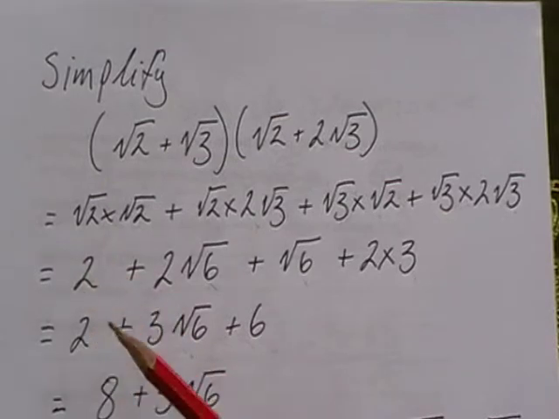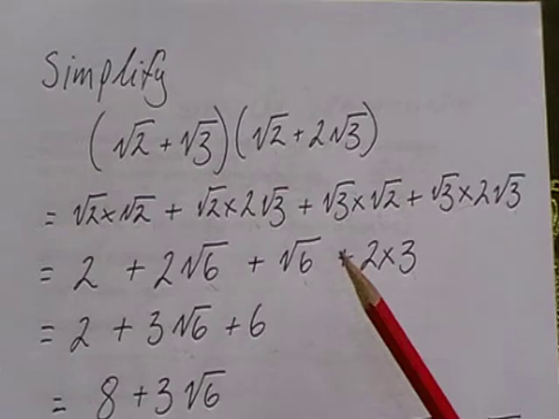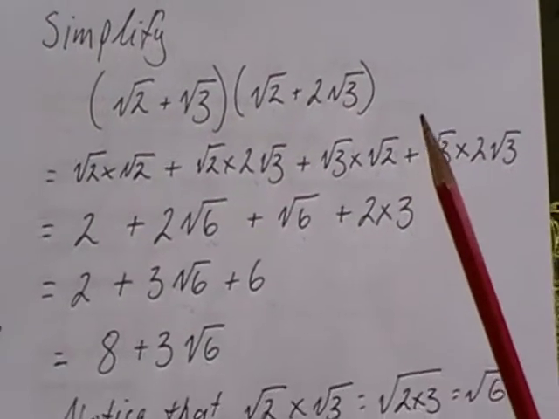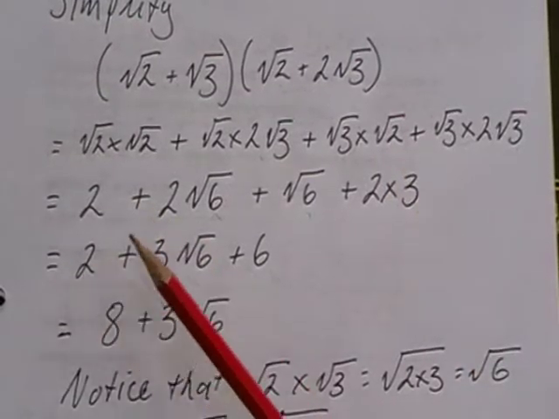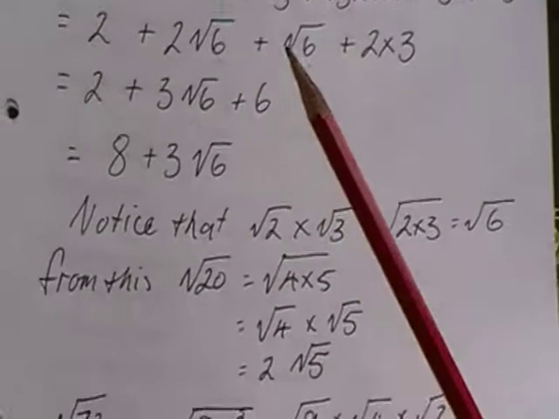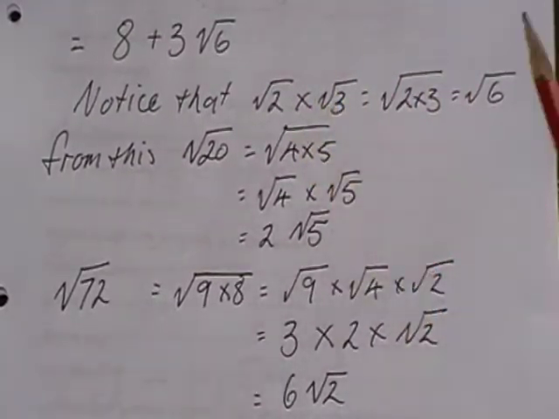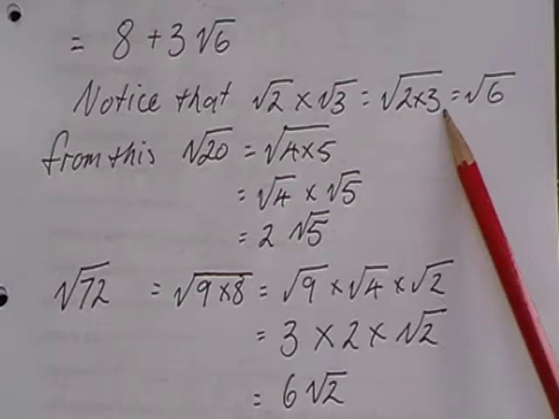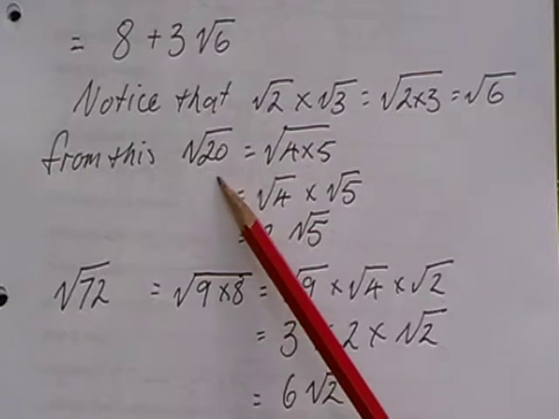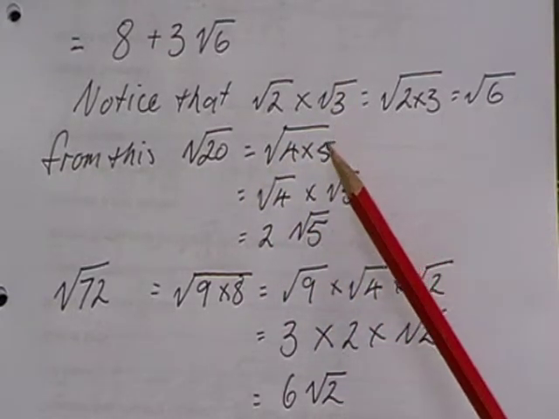So we've got 2 root 6 plus root 6 gives us 3 root 6. And 2 3s are 6. Final collection of like terms. We have 8 from the 2 plus 6, plus 3 root 6. And as I said before, notice that root 2 times root 3 is the same as root 2 times 3, which is root 6. From this we could also go, root 20 is root 4 times 5, choosing that because